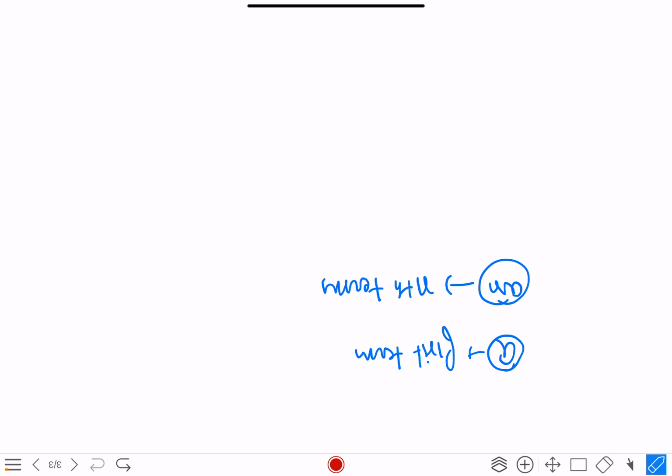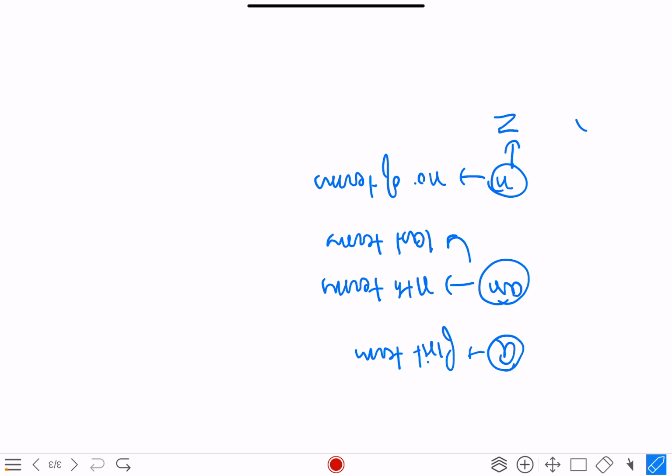Now before starting with the formulae, you should know in an AP, A denotes the first term, An denotes the nth term, and sometimes An can also denote the last term, not always. N is the number of terms, and remember this, that n, the number of terms, will always be an integer, belonging to the integers always.